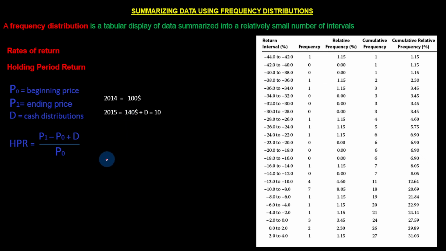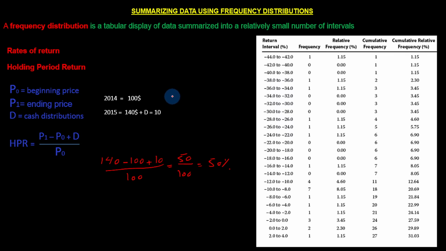Our ending price 140 minus the beginning price, starting price 100, plus the $10 dividend that we got, everything over the initial price, $100, right? So obviously price-wise, we've made $40, and we also got $10 of dividends. So overall, we've made $50, everything over 100, so